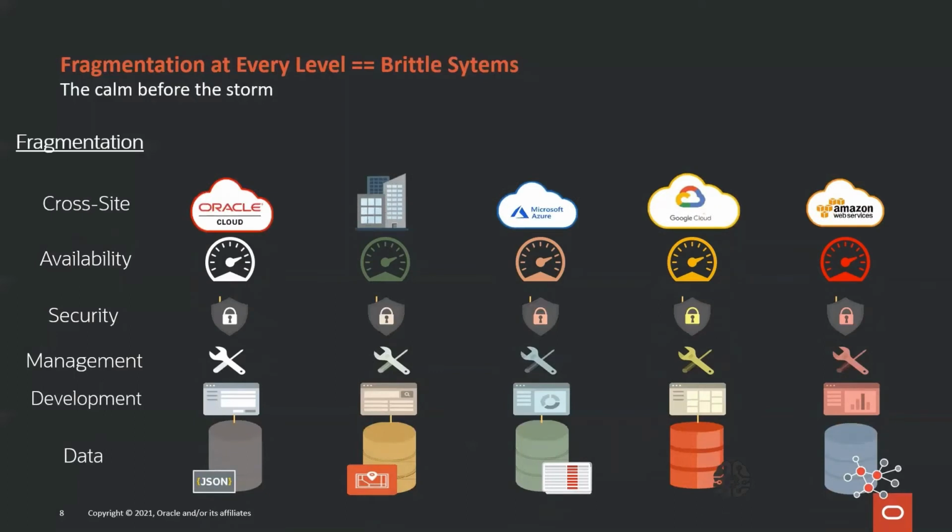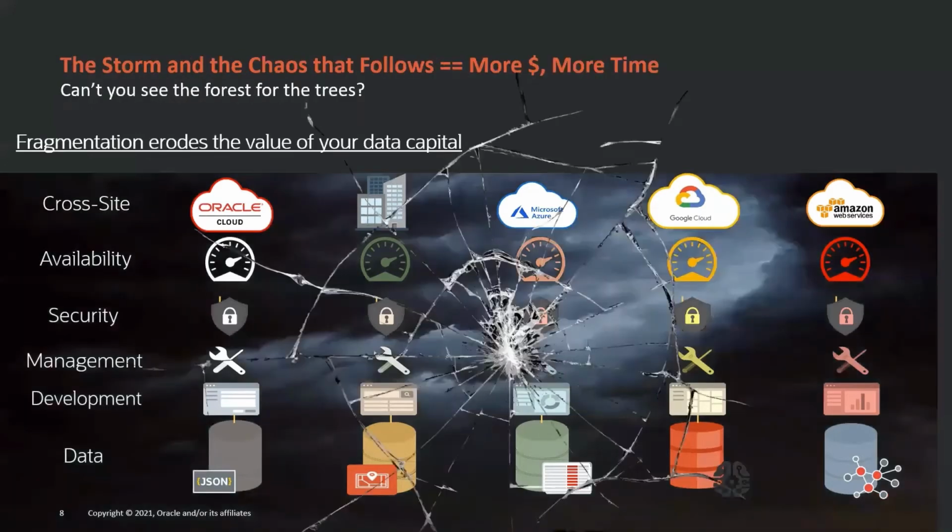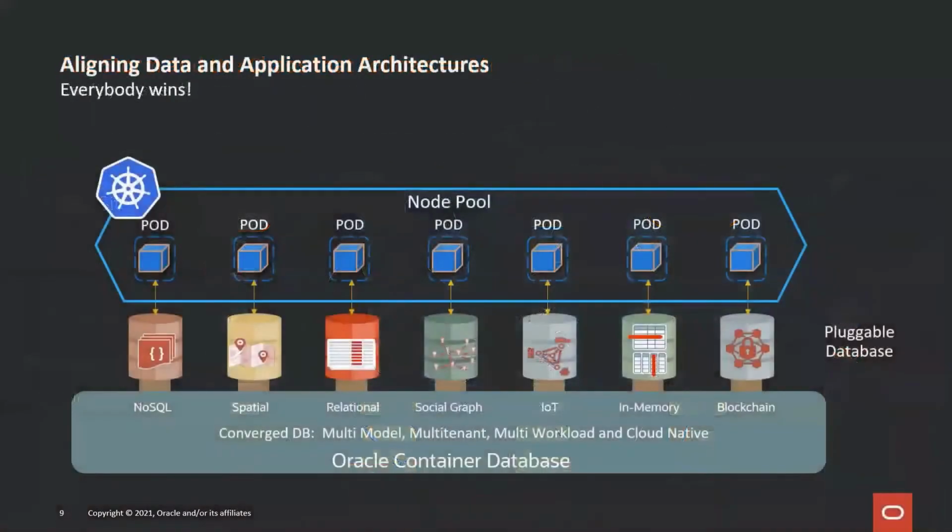And some of these purpose-built databases confine you to a single cloud. Others may be deployable across multiple clouds, but they aren't terribly good at replicating data across clouds or on-premise. All this fragmentation leads to a fundamentally brittle system. And why would you want to build a brittle system? Certainly, this is not the way to optimize the benefits of the efforts that you're putting into your corporate initiatives. And it's certainly not the way to maximize the value of your data capital.